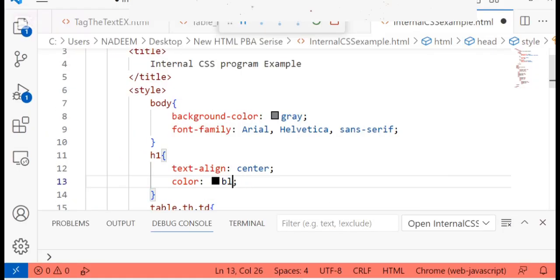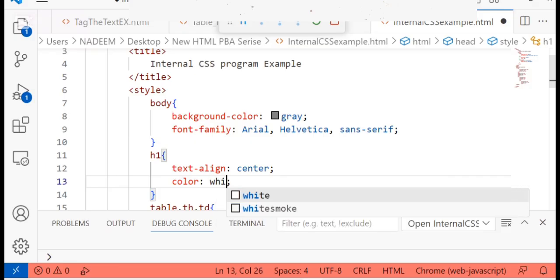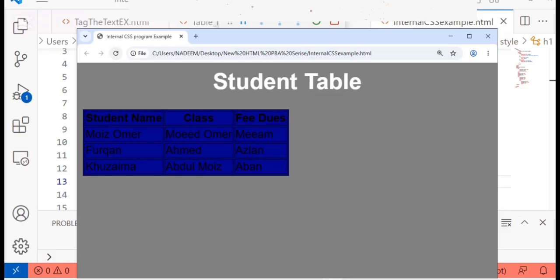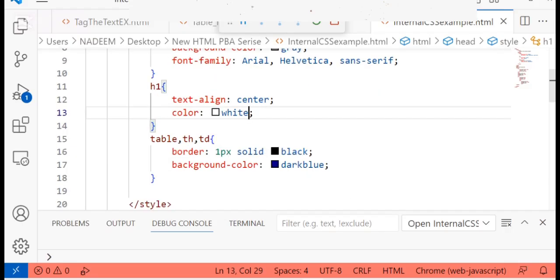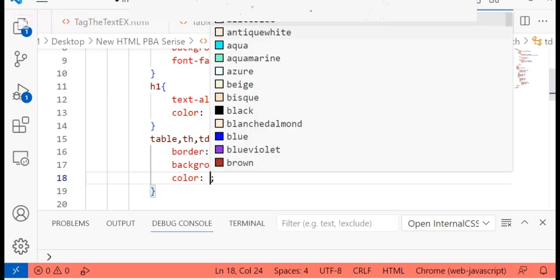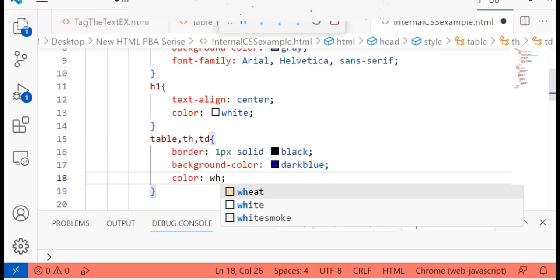Okay, so after that I again need to change the color of my table text as well. So let me change the color of table text. So yes, we need to apply one more attribute that is called color, and I have to use color like white. And then let's see the output of our table.